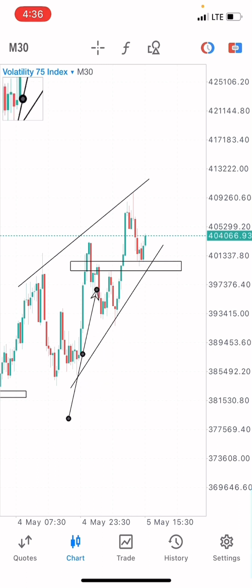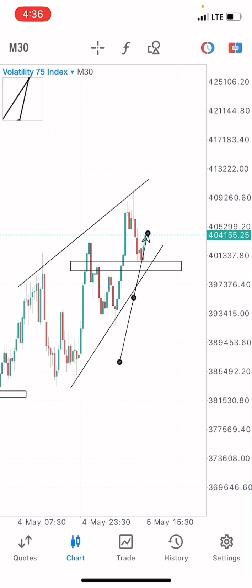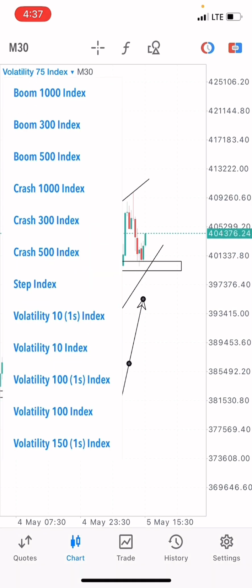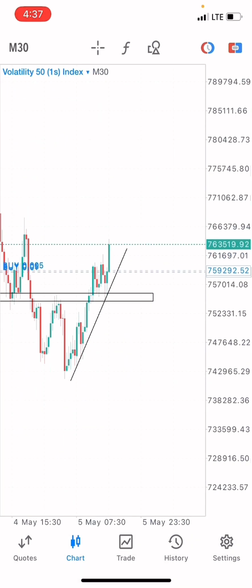But there are high chances of the market going our way, like moving to the upside, because we have seen the overall market structure. The market is pushing to the upside, creating higher highs and higher lows. So definitely there's a probability of this trade going our way. So that's it. So actually I took a trade on 51s. Let's see how the trade is moving.